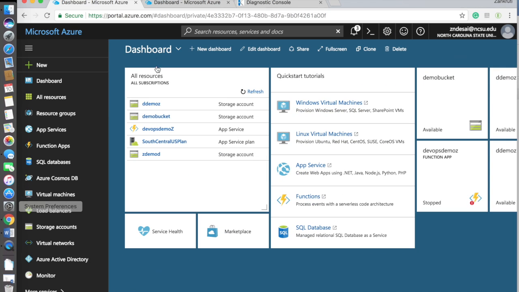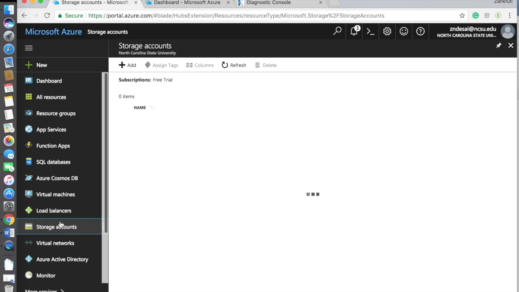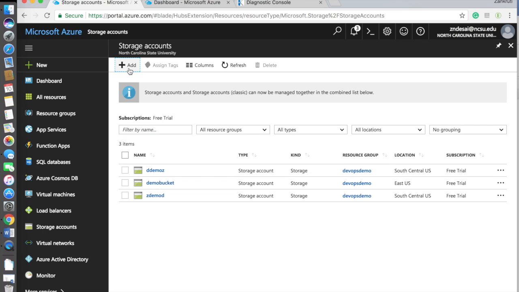We'll go to Chrome, and we already have the Microsoft Azure portal open. One portal is for the storage container, and we'll use another portal type for the function app. So we'll go ahead and create the storage account first. Let's say I add another storage account,